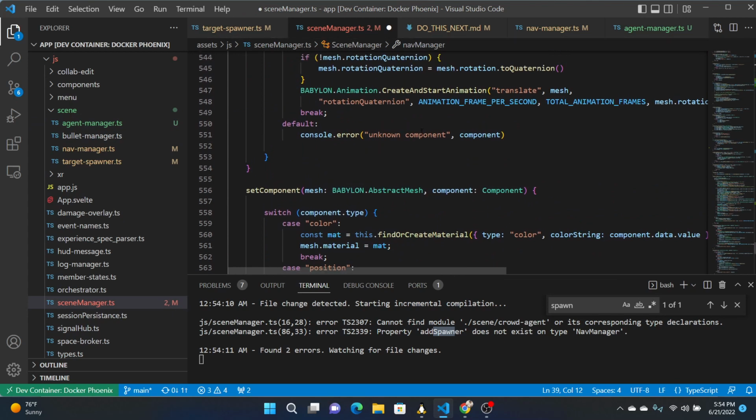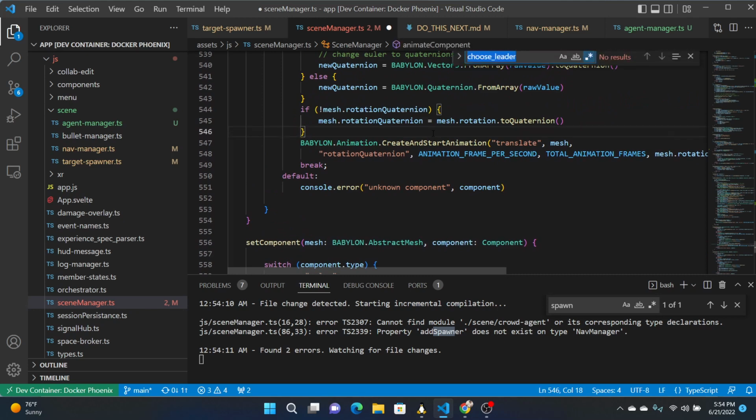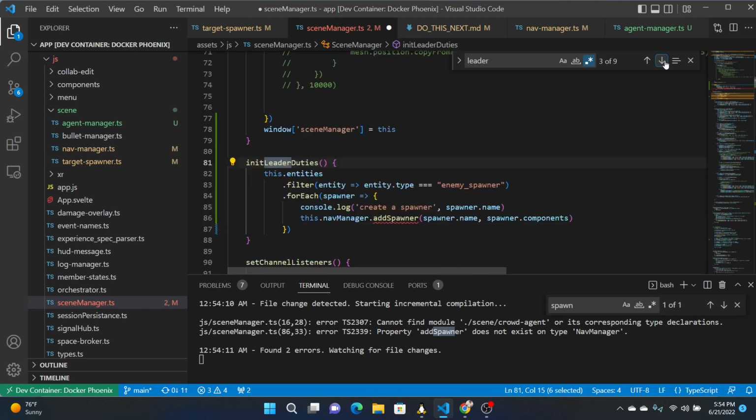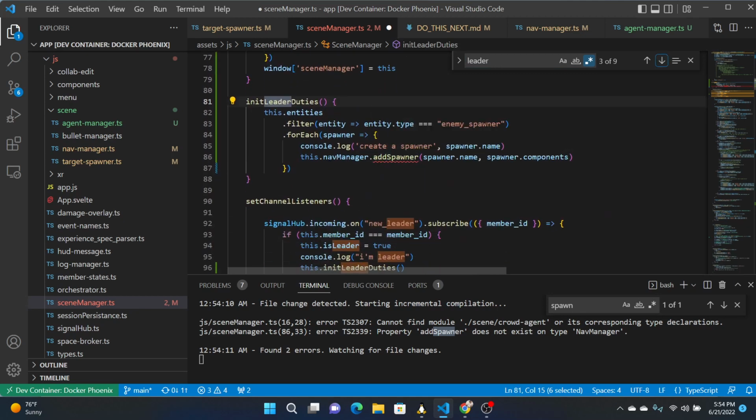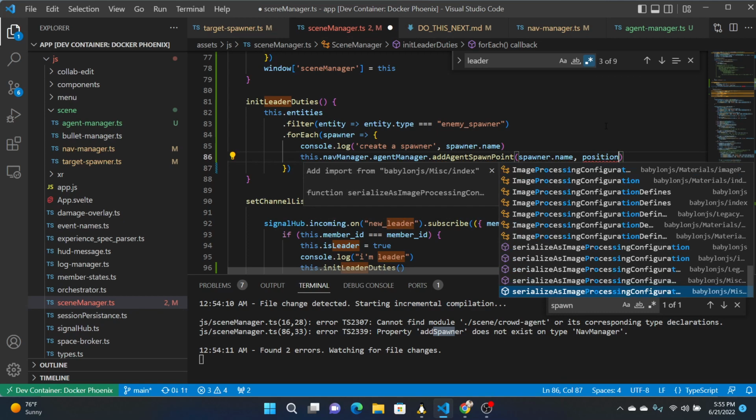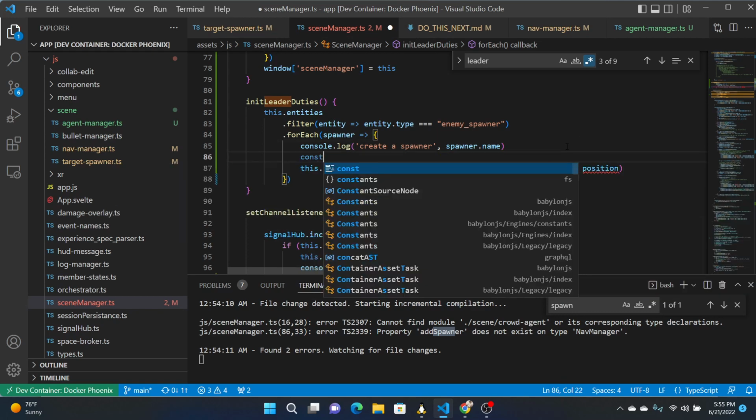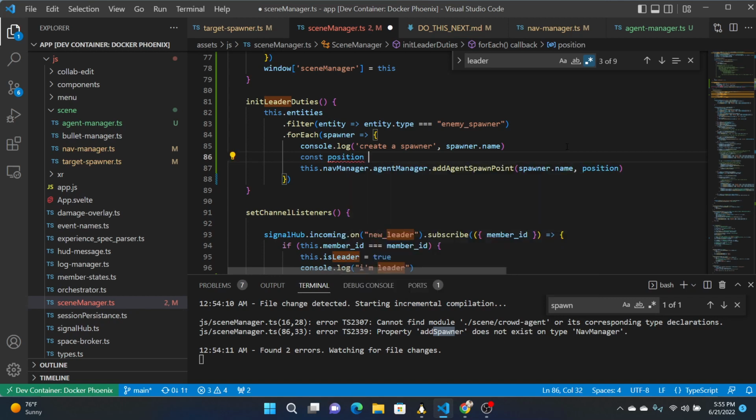So, scene manager. Here's our leader stuff. Leader unit. So we do this. Nav manager. I think we need to traverse into the thing. Nav manager dot agent manager dot add agent spawn point, spawner name, spawner components. Let's give it the position. Here, const position equal a